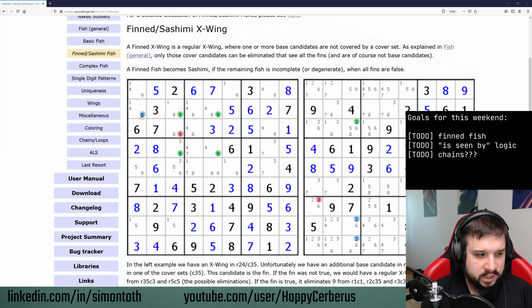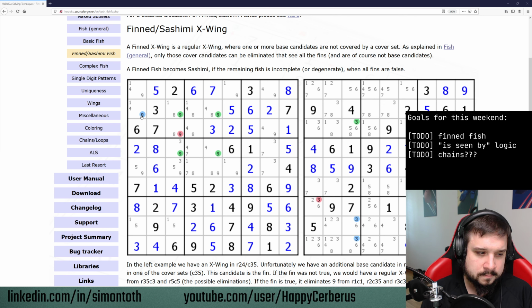So far we only talked about rows and columns, but this introduces the extra layer of interaction where suddenly we want to also look at the block. And more importantly, the extra layer of trickiness here is